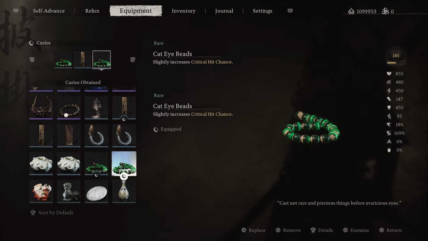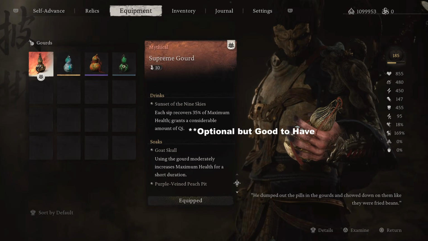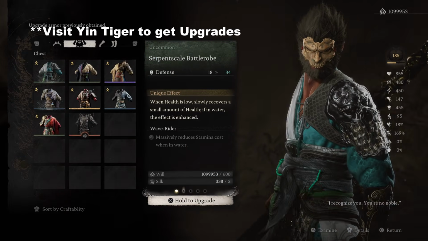Coming to curios, just go for critical hit chance, go for critical hits. For gold you can go with anything because you won't be using that much anyway. But for drinks, definitely go for Sunset of the Nine Skies because that gives you the chi which you need for this fight. Now the most important part of the fight is upgrading the armor, upgrading the full set to max,